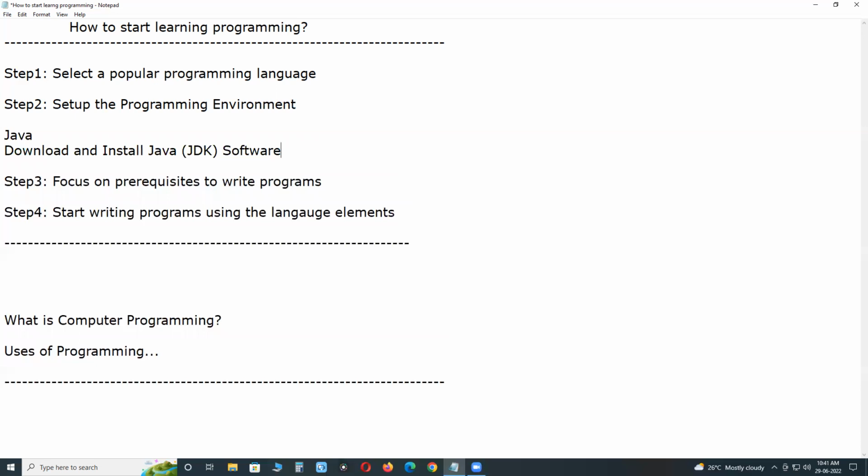Download and install Java software from oracle.com. Vendor of Java is Oracle. Java is cross-platform. You need to download your operating system compatible Java software.